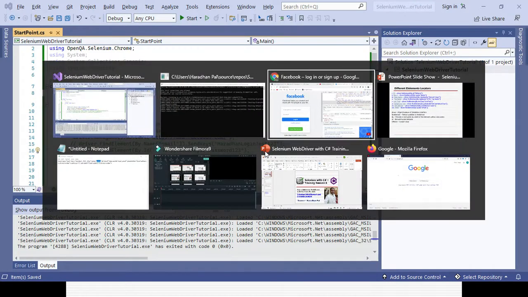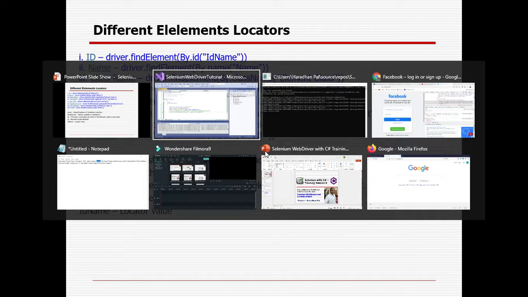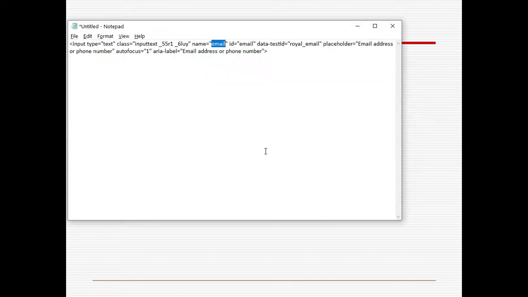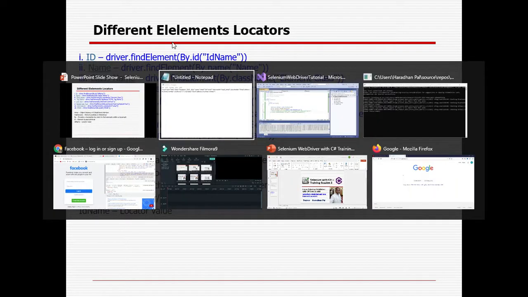Okay, so here the next one I will try to cover is class name, and then tag name. So class name. Whenever we have identified the element, we first identify whether the class name is there. You could see here the class is there, input text, and this is the class. But you should remember that whenever you want to take the class name, in case there is a space, it will not consider. So you have to take the part where there are no spaces available. Otherwise you can use dot in case some space is there.